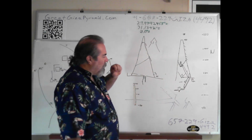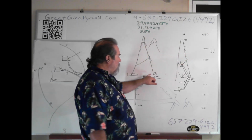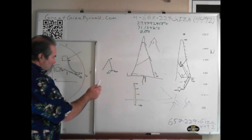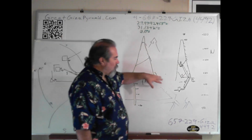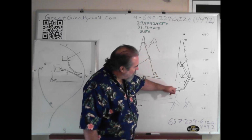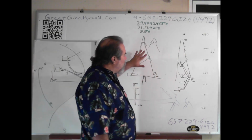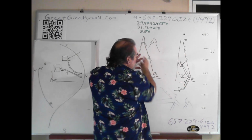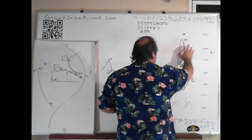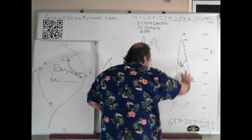I'm going to point out something that could be happening when we talk about the outsides of these structures. If we connect a conduit from the outside of this pool where there are lots of holes in it, and that pool, we didn't talk about this structure too much yet, so we'll get over there. But if we drew a conduit from this pool and ran it by, near, or in parallel to this, which no one's even looked for yet, it could be using that as a conduit to pull what we will learn shortly. It's the static electricity. This is like a big Van de Graaff generator down through the system and across, just to move the electrons